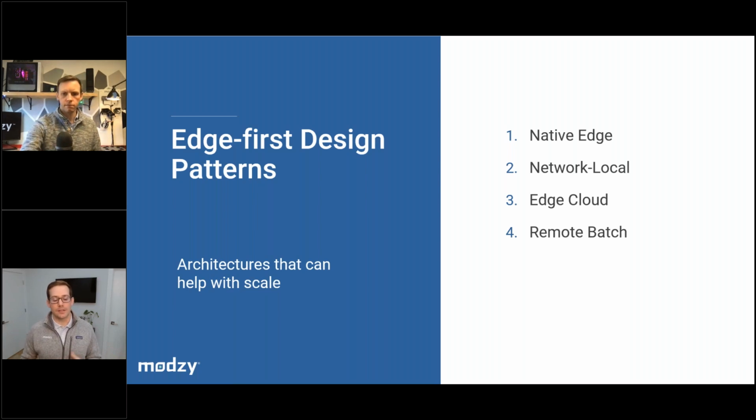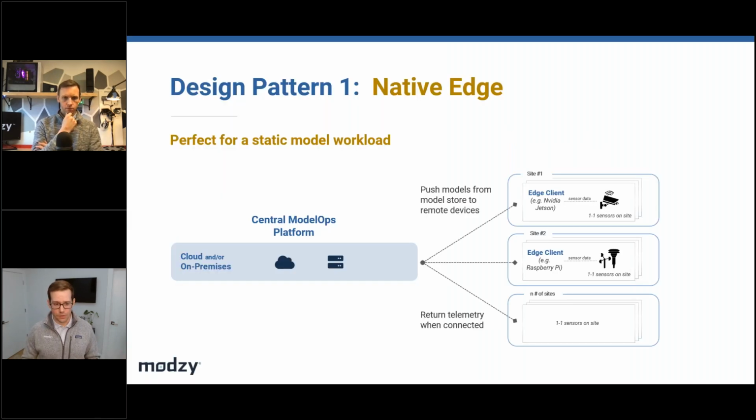So if you take this edge first perspective, there are several what we call design patterns that emerge. And these design patterns will be different based on the device or devices you're working with, the specs of those, the use case, and a whole plethora of other custom requirements. So the first design pattern that we'll see is what we call native edge, which is great for static model workloads. In fact, what I just showed you was an example of that, where the compute, the processing is happening